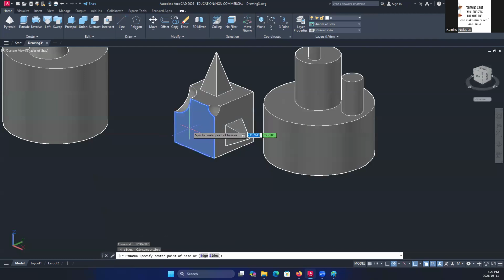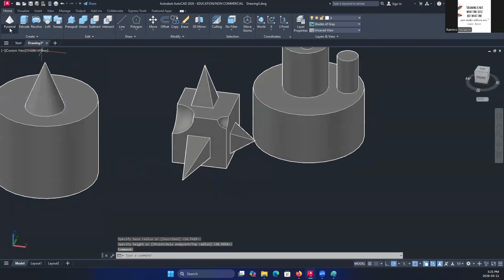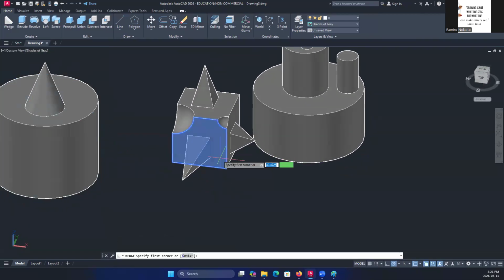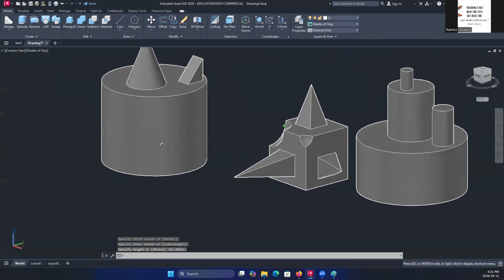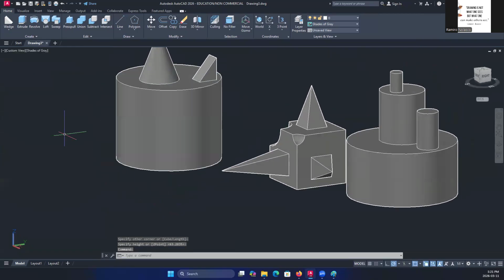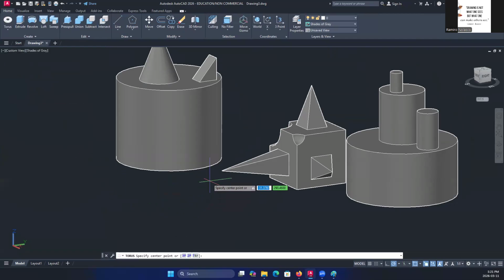Or you can do that here. We also have wedges. Maybe a wedge here, a wedge here, a wedge there. And lastly, a torus, maybe from here.